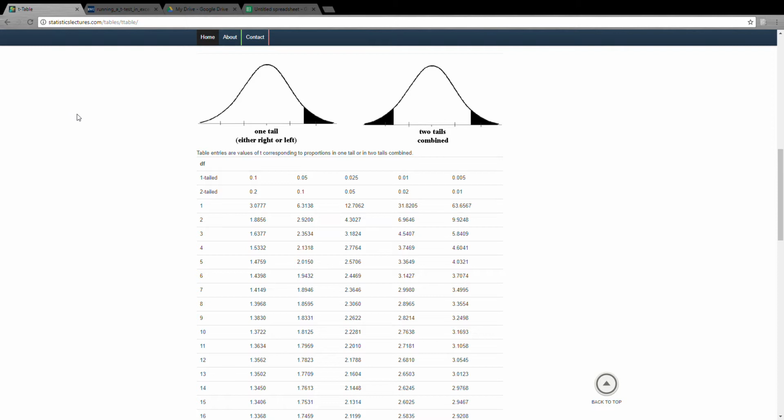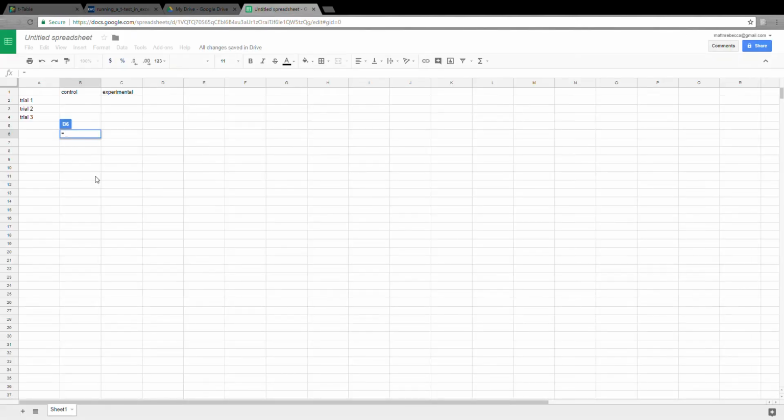However, because this is recording using an online format, we're actually going to use Google Spreadsheets, but it works the same way as Excel. So I have set up a kind of a fake spreadsheet situation in here, and I've got my 3 trials for control and 3 trials for experimental, and I'm going to put in some fake data. So I'm going to say that I did the pectinase lab, and I recorded some values for my control group, and let's say that I got 17